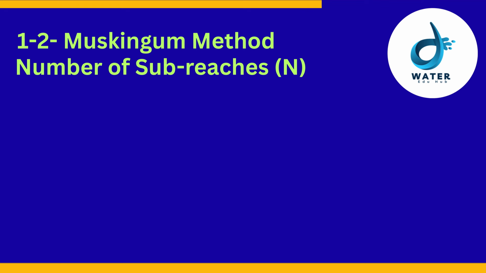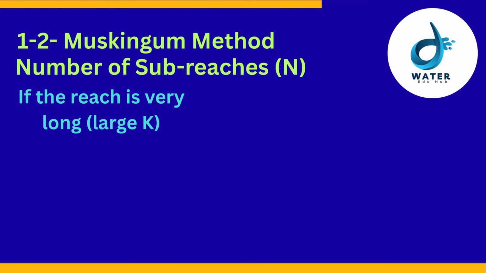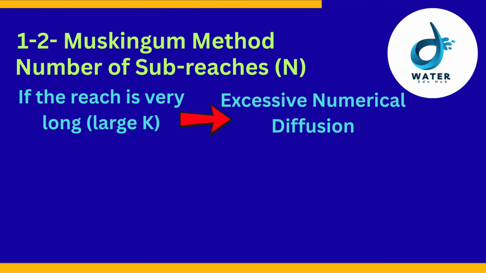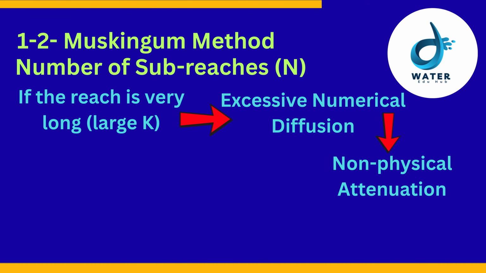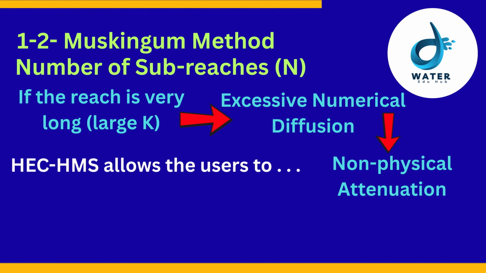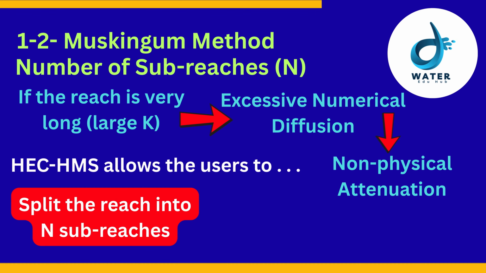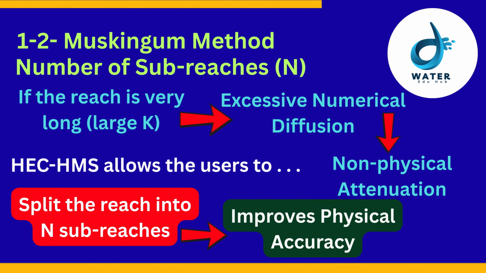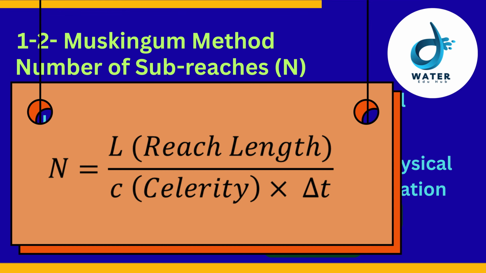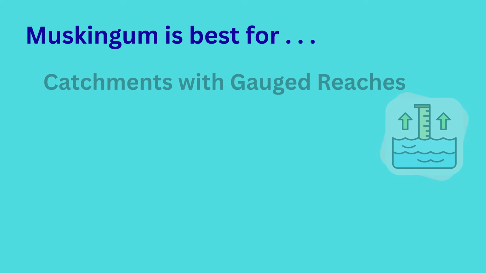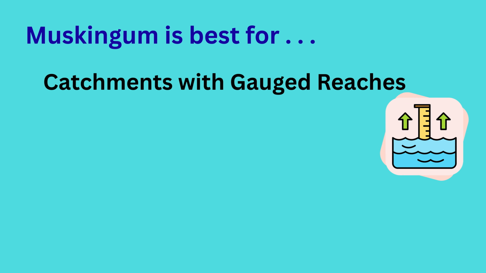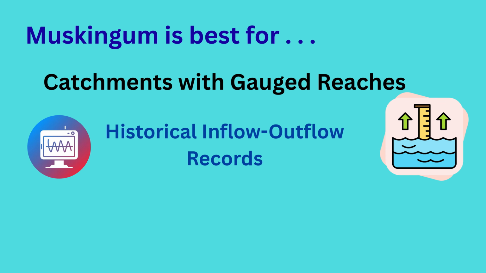If a reach is very long, meaning large K, a single calculation step can introduce excessive numerical diffusion, which is non-physical attenuation that results from the calculation method itself. HEC-HMS allows the user to divide the long reach into n smaller subreaches and significantly improves the physical accuracy of the results. It can be estimated by n equal to total length divided by celerity times delta t. Muskingum method is best for catchments with gauge reaches where you have historical inflow and outflow records to find K